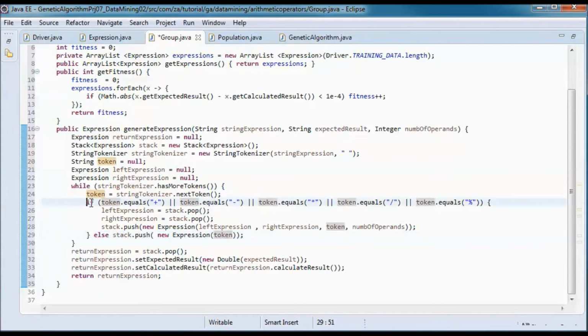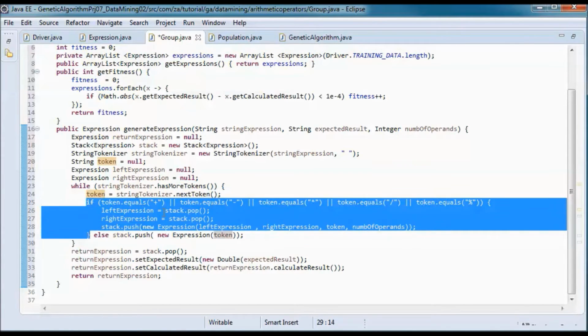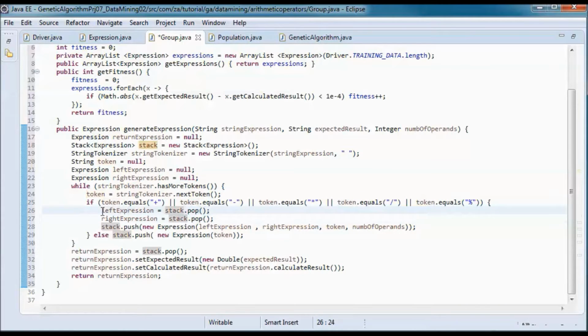So if it is an arithmetic operator, then we do stack.pop, and that would be the left expression, and we do another stack.pop, and that would be the right expression, and then we push onto the stack a new expression passing in the left expression, the right expression, the token, and for convenience the number of operands.